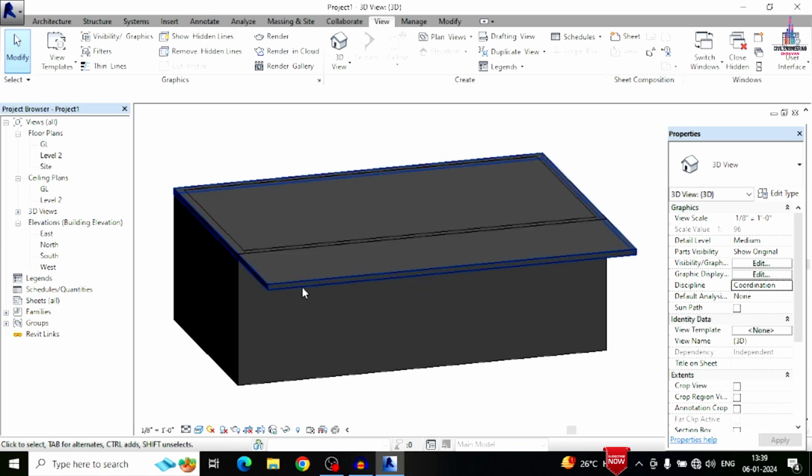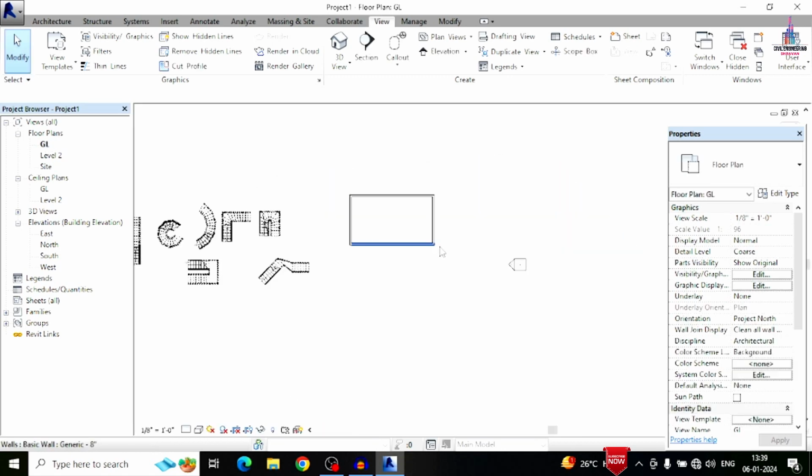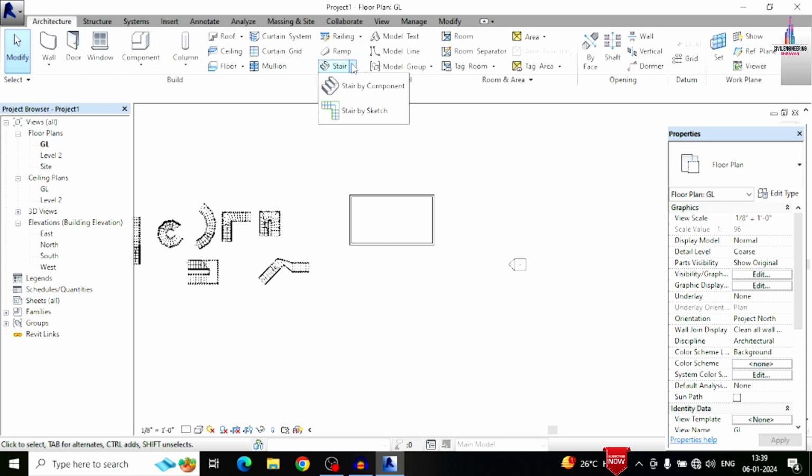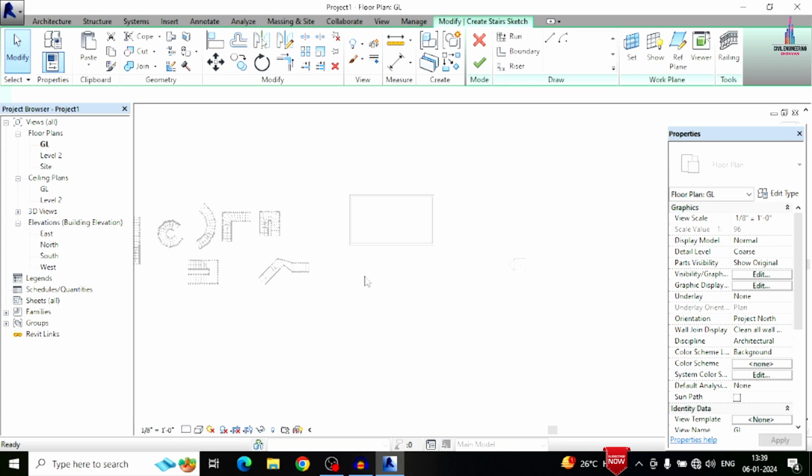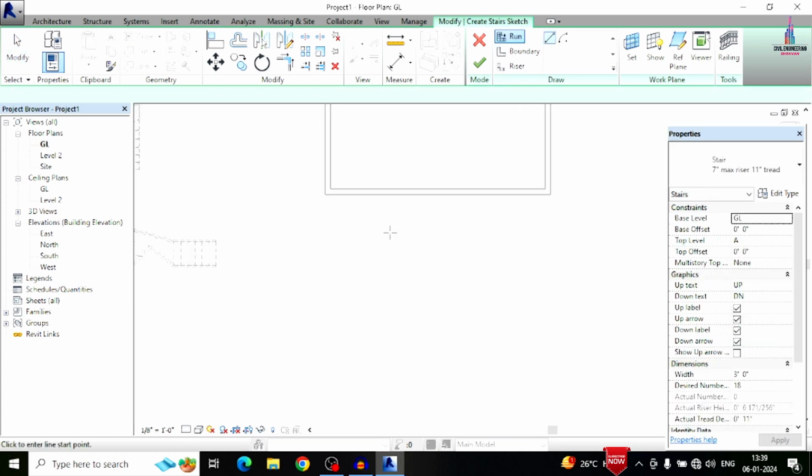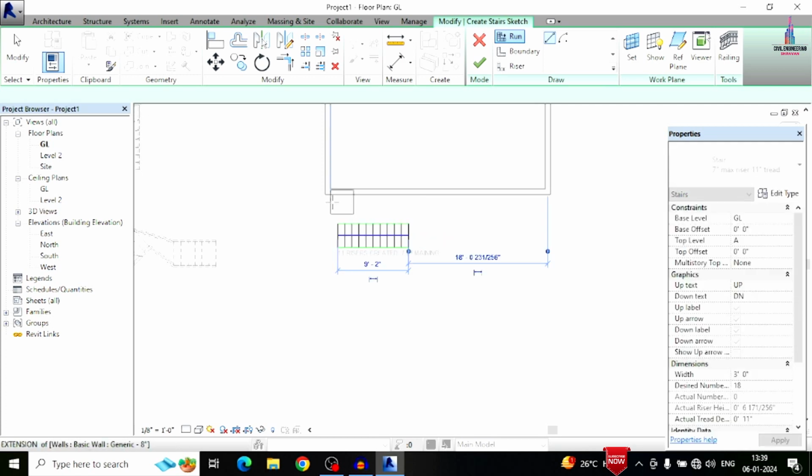Now we have to attach the staircase in front of this house. Further, go to ground level here. So it will consist of your pattern here, like this. Go to the architectural browser, staircases here, stair by sketch, or else you can select it directly as a component also. I am starting the staircase here, which has a distance of approximately 9 feet 2 inches. Again, in the same process, I am starting the staircase here, which is attached to here, like this.